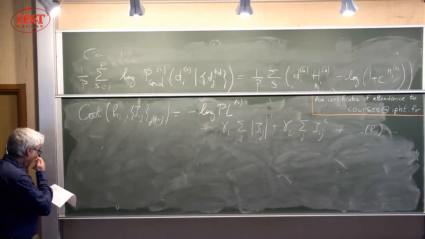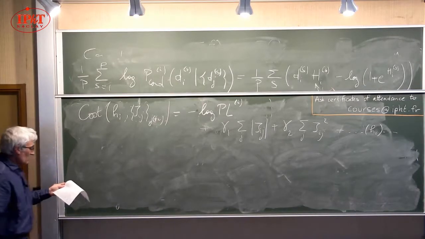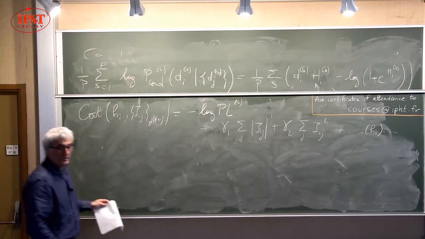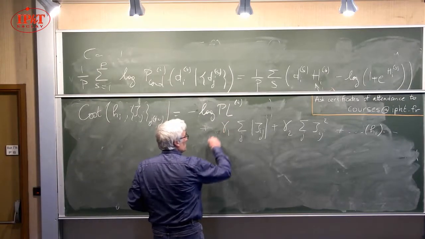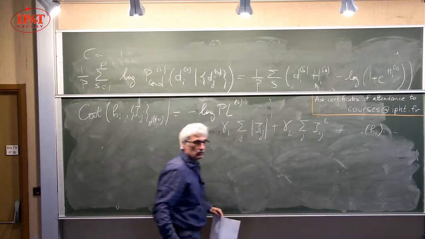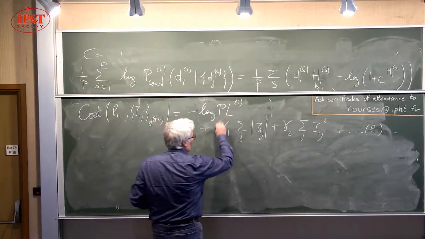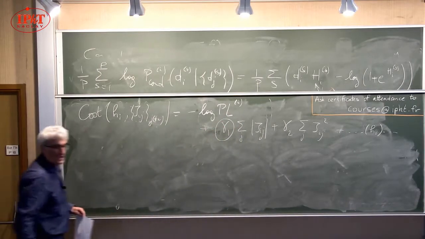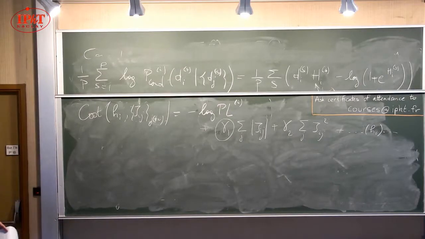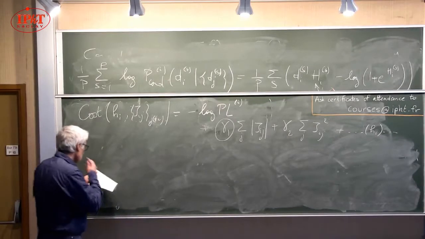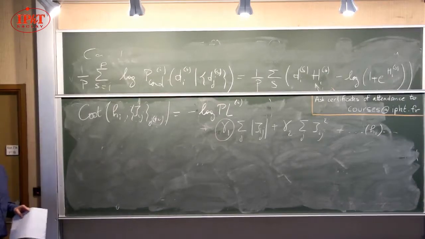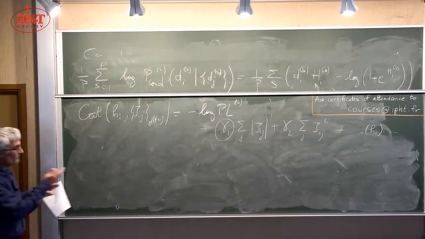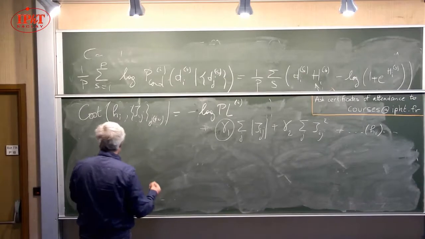Okay, so just one thing: how do we fix the value of gamma 1 and gamma 2? So gamma 2 prevents the J_ij's from being too large, so this is important. But for instance, the value of gamma 1 is very important. In many cases, the network we would like to infer is supposed to be sparse or close to being sparse. So what value of gamma 1 should we choose? This is an issue which is discussed in detail in Ravi Kumar's paper, so you can have a look at it. But just to give you a flavor of what is the correct answer,